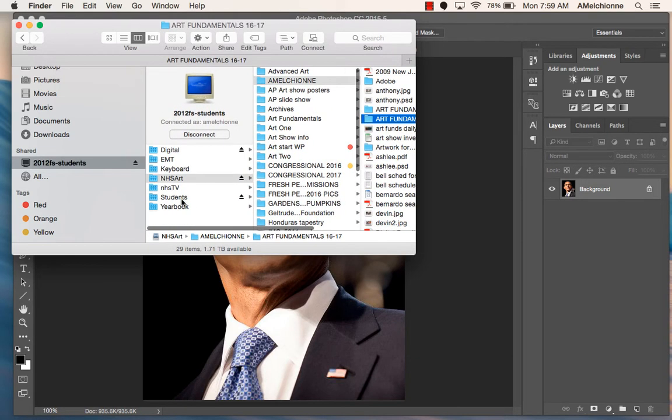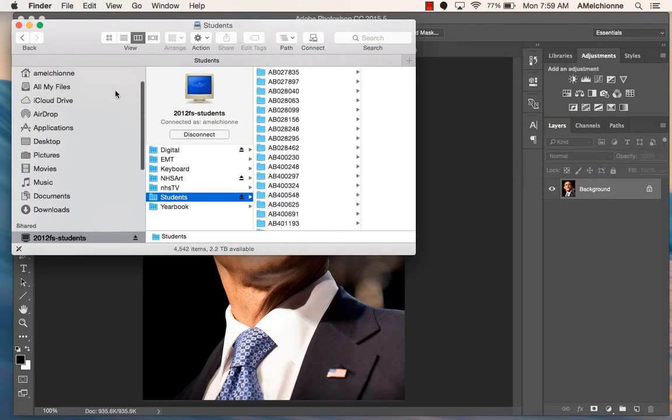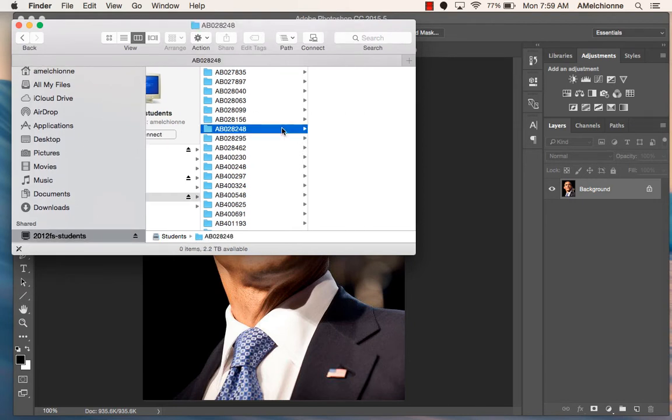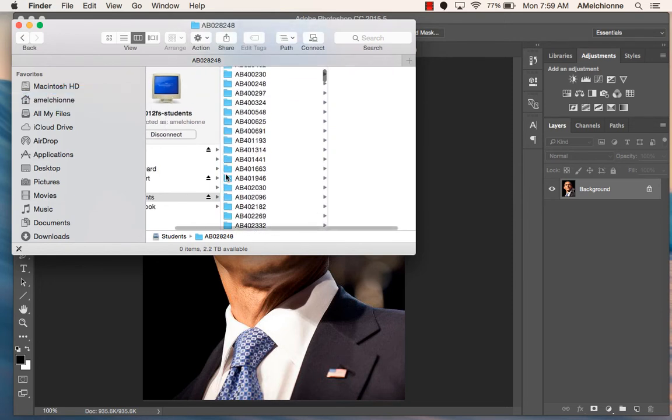Okay, but to get to your Student Network folders, you go to Students and you scroll down until you find your ID number. If you plan on using the same computer for a while, you can actually click on your student folder and drag it over here under your favorites, and you can put a shortcut there so it's easy to find it. Okay, so